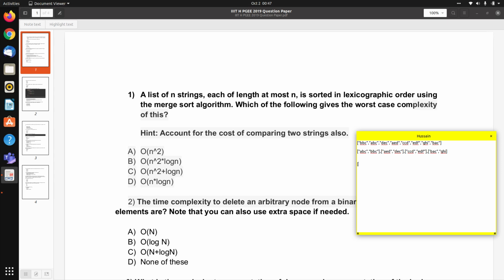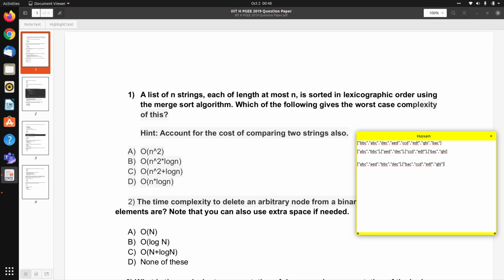So ABC, then AED, then BBC, and then DEC. And next we need to merge these two arrays. So first element will be PAC, then CCD, then EDF, and finally GHI.